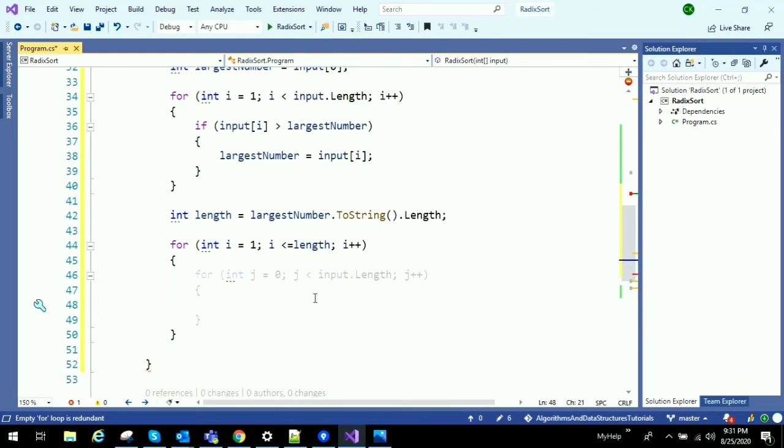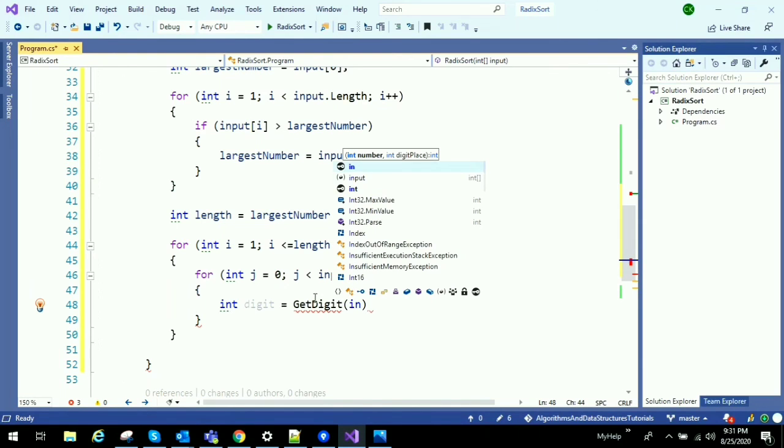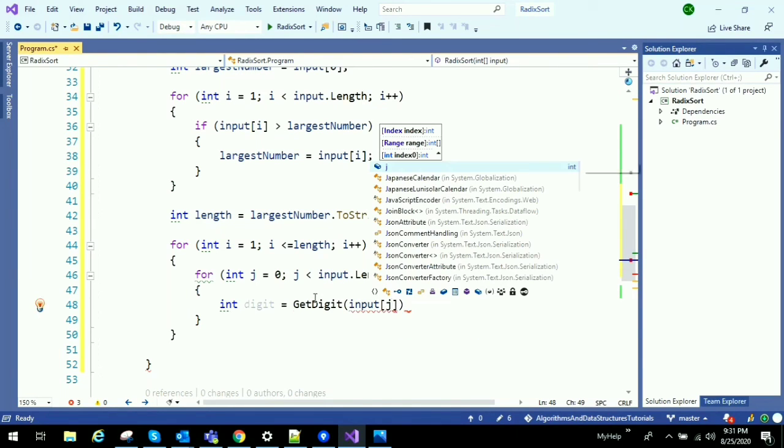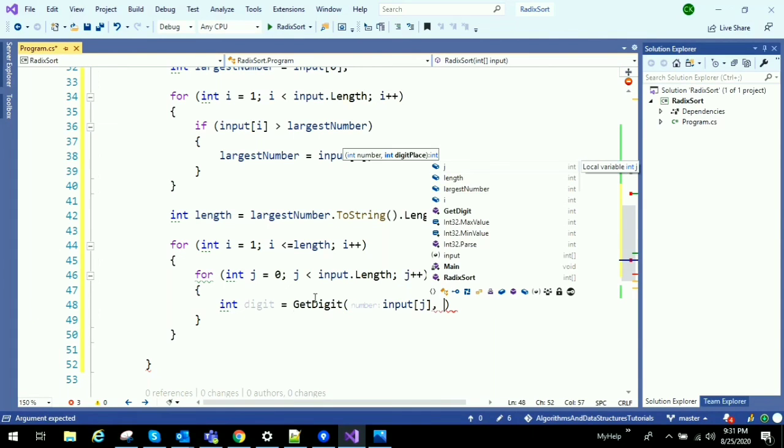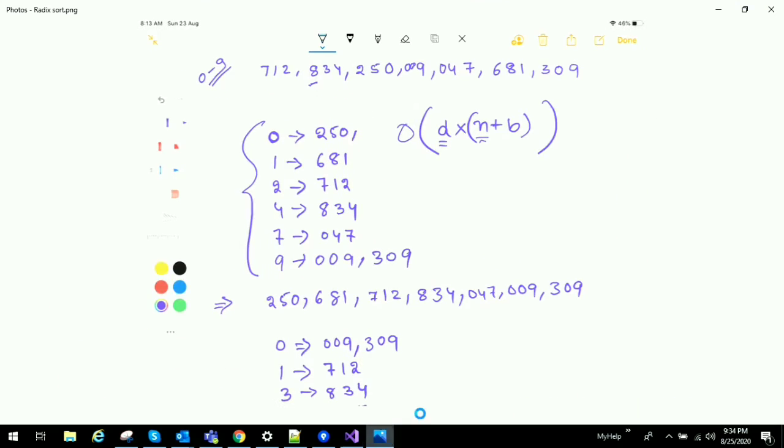Let's get the first digit of all the elements. Int digit is equal to get digit, number is our input element, that is input of j, and then what is the digit initially? We start from 1. In our example, first we are identifying how many elements are having 0 as a first digit, then we are checking how many elements are having 1 as a first digit. Like this we are doing this process till 9.